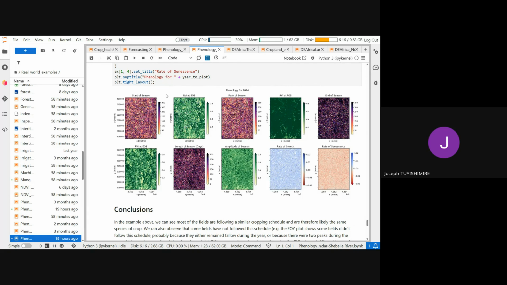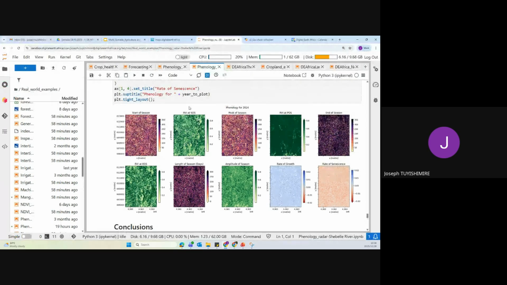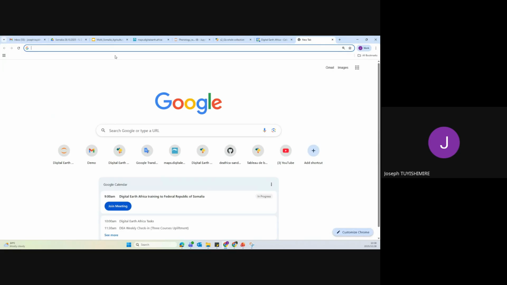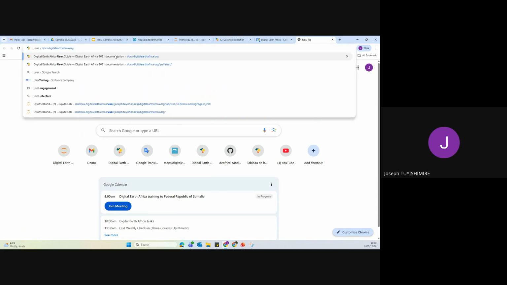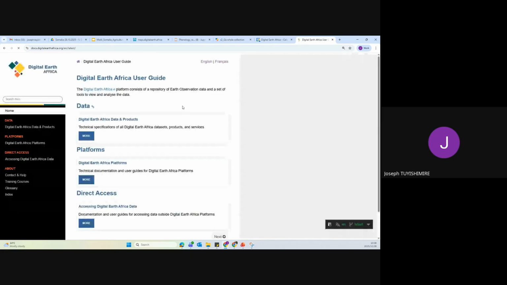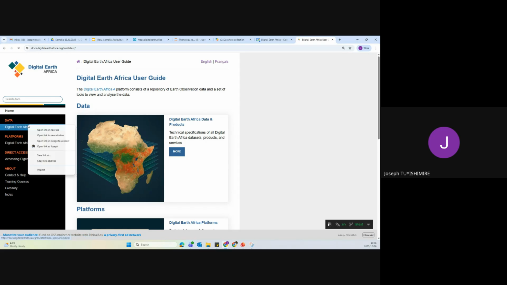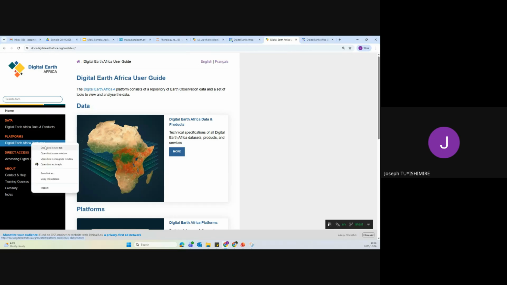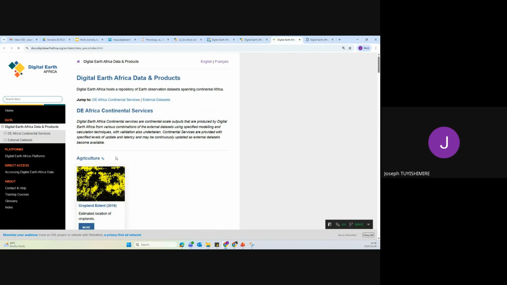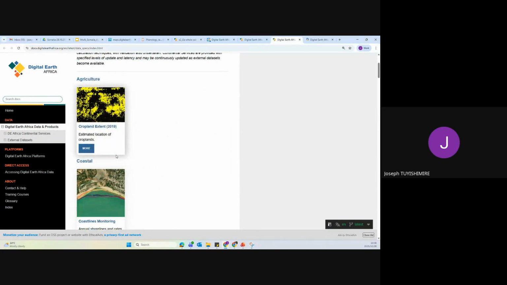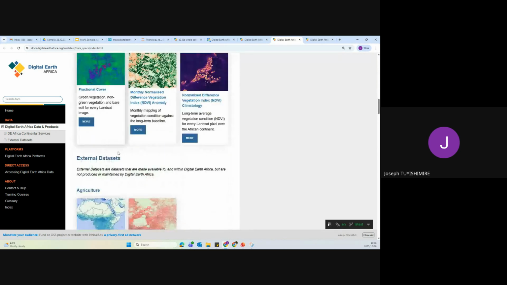So we have several capabilities using the Africa platforms, and the most important thing that I can share with you is the Digital Earth Africa user guide. First of all, that's showing you what platforms we have, how they work, but also what products we have, how they are processed, and what are their strengths and limitations in doing our analysis.